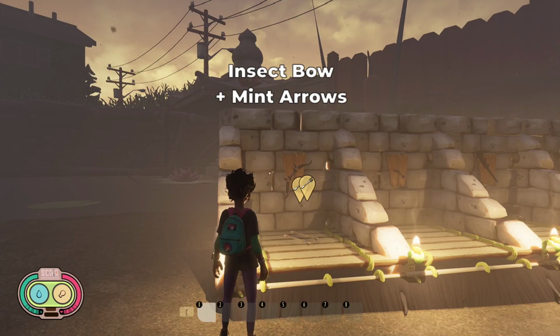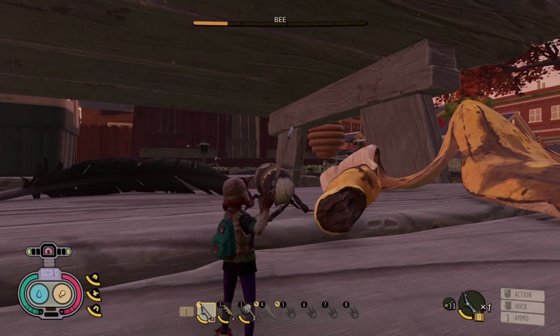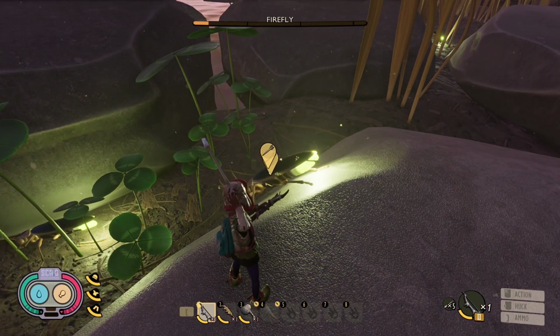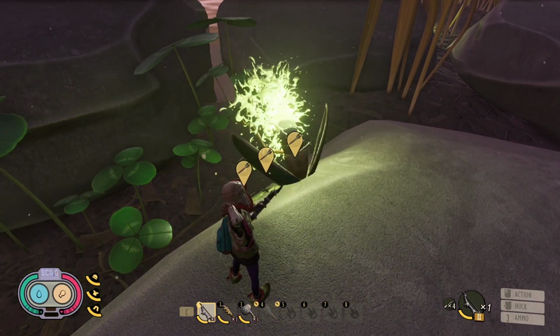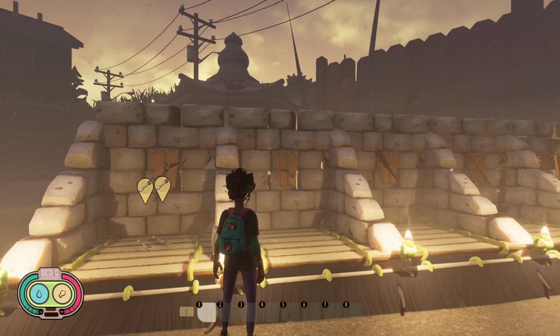Number 1. Insect bow with mint arrows. A stabbing weapon forged with fresh upgrade that will help you rule the skies. Kill bees in 5 shots, fireflies in 7 shots, and mosquitoes in 3 shots. If they come too close to you,